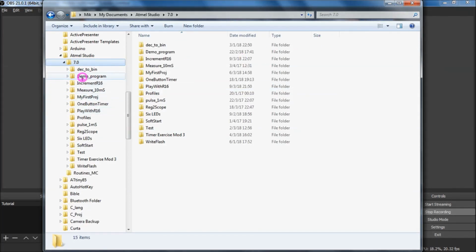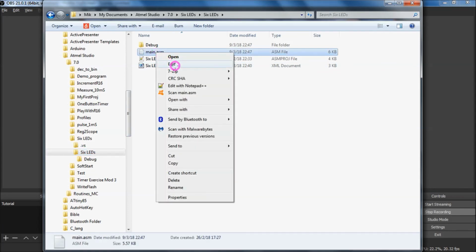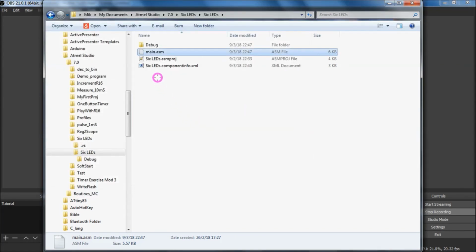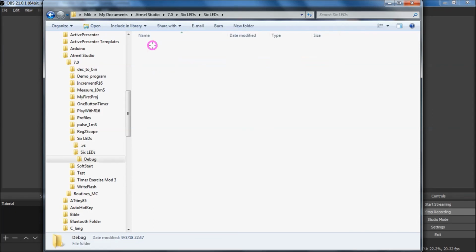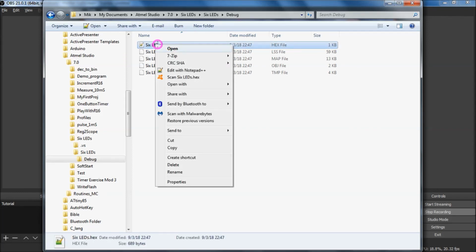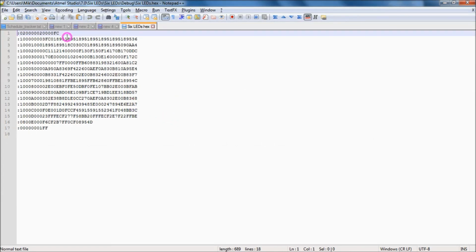The one that I want you to look at though is 6 LEDs, because that's the one that we had open a moment ago. Under there we've got two directories, VS and 6 LEDs again. If we open 6 LEDs and we look in there, there's main, which you can look at with an editor, and that's the main program. And if you look in debug, there's 6 LEDs hex, and if you look at that with an editor and you look at it there, you see